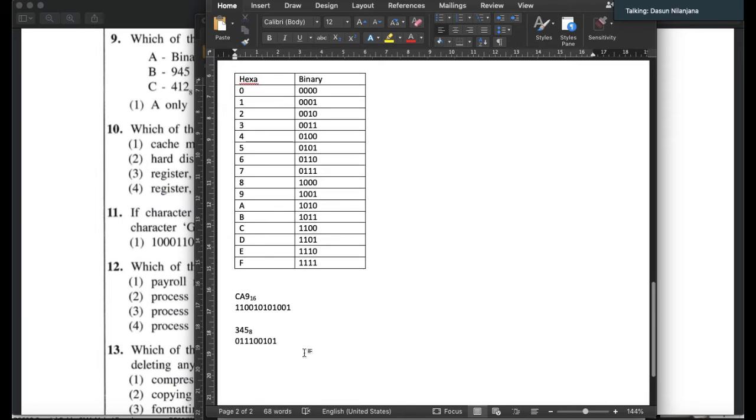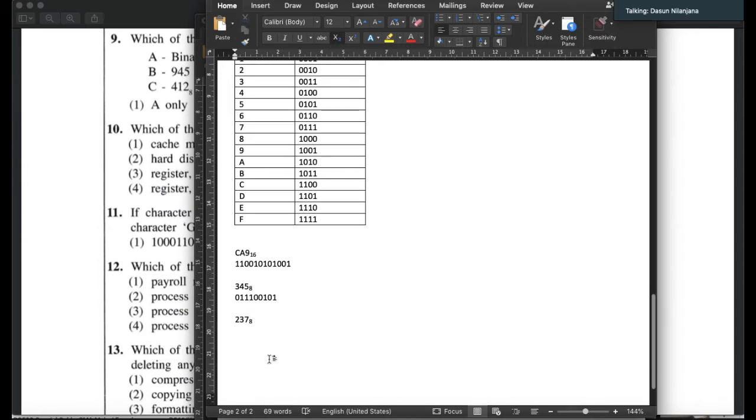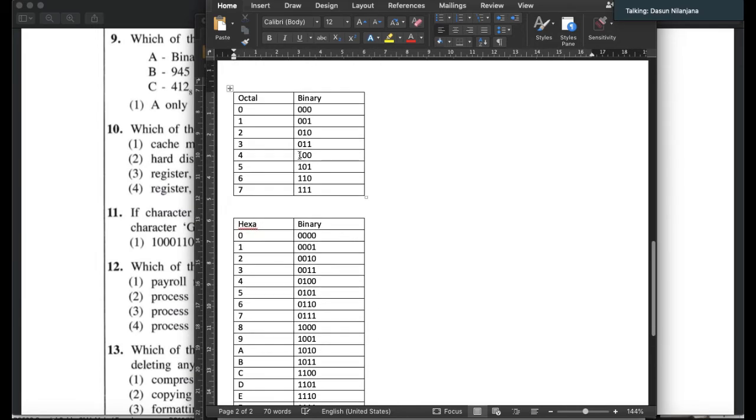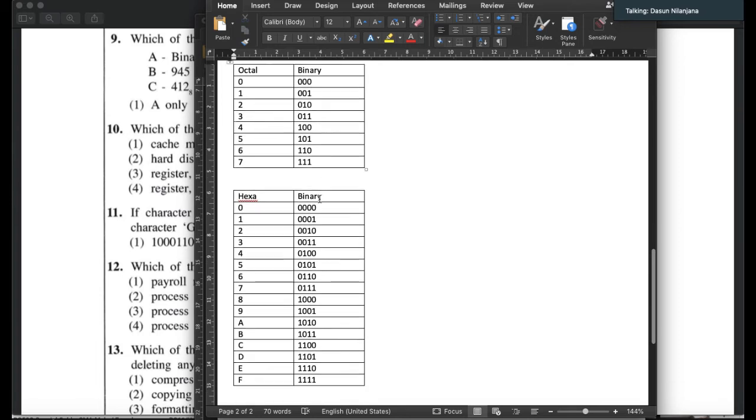Okay, then the other way. If someone gives you the number 2, 3, 7 in octal, and they are asking for the hexadecimal number, then how do you convert? You first convert this to binary. According to this table, 2 means 010, 3 means 011,